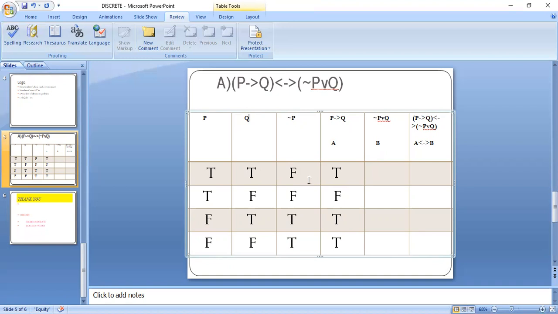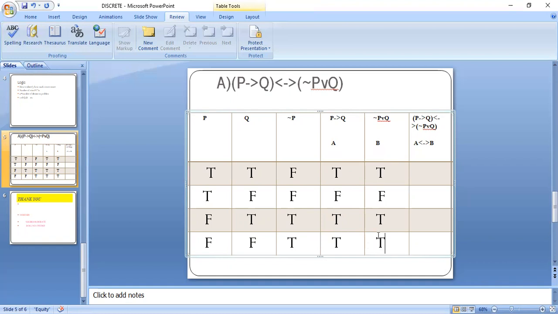So negation of P or Q: F or T is always true, so here is capital T. F or F means false. So I will take a false entry. True or true is always true, and true or false is always true.